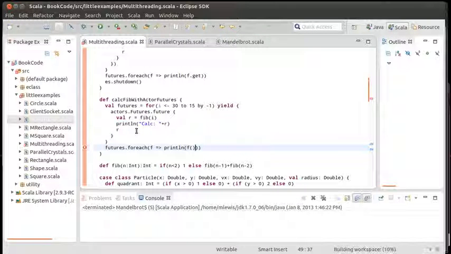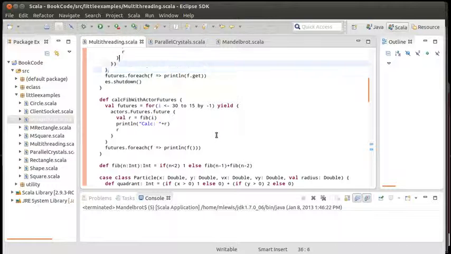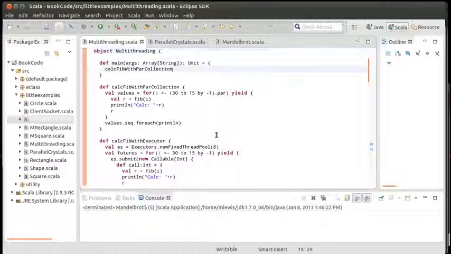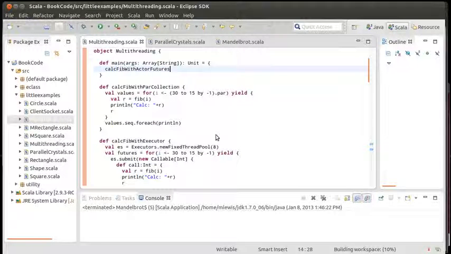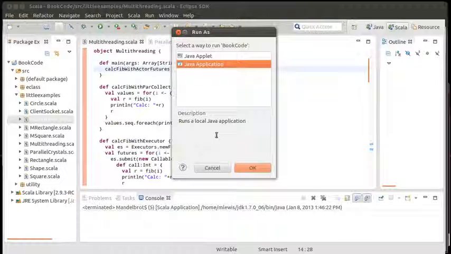It is just doing the application, putting parentheses after there, so it treats it like a function, and that gets expanded to f.apply. So if we call this calcFib with actor futures up here, and we run it,